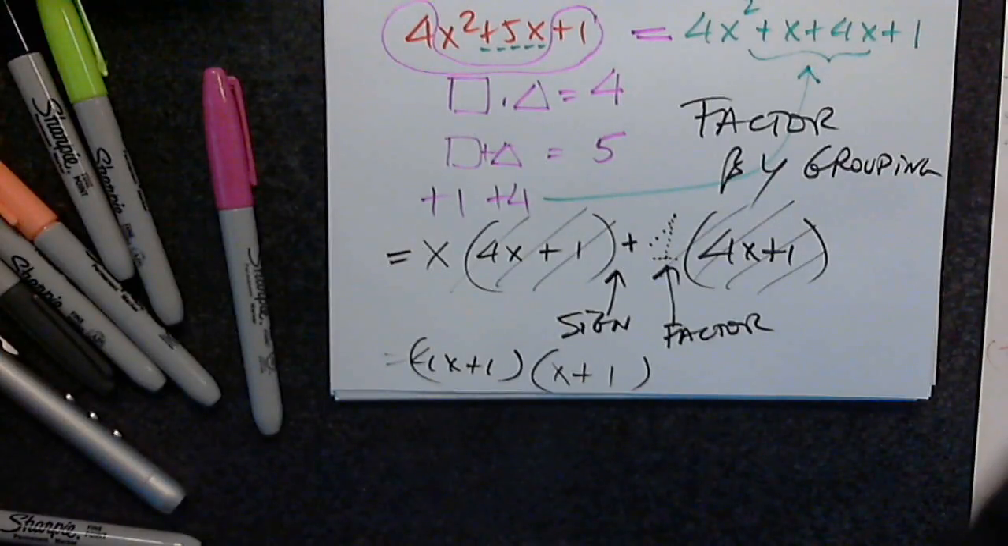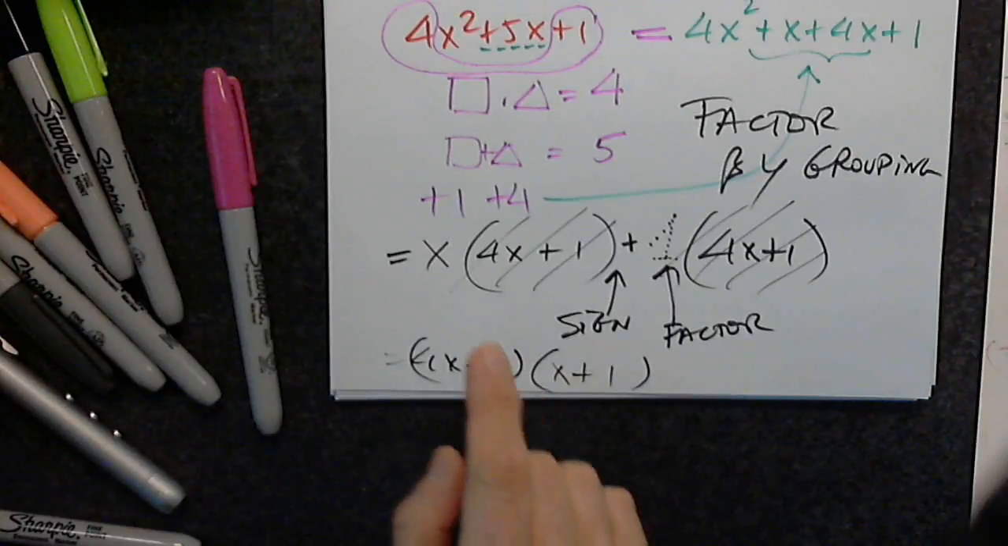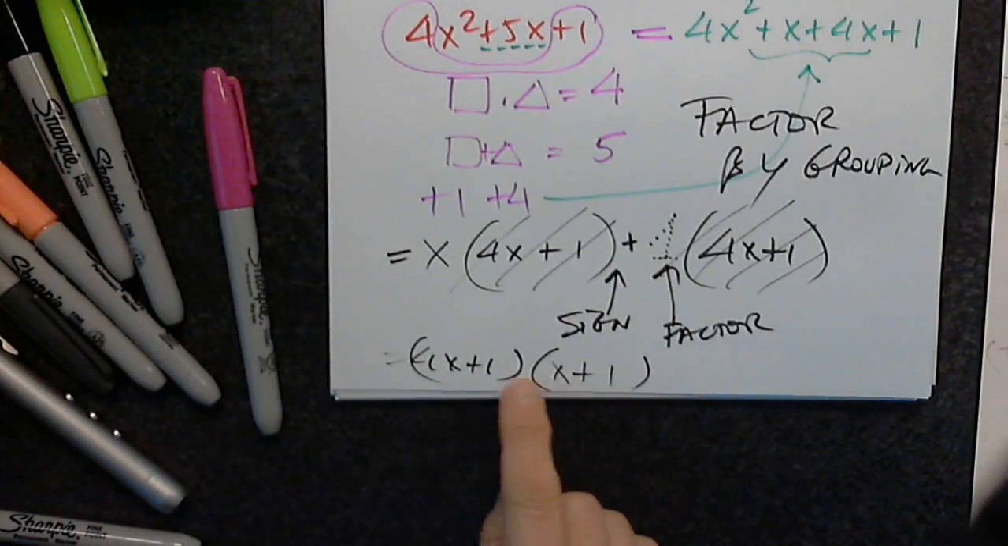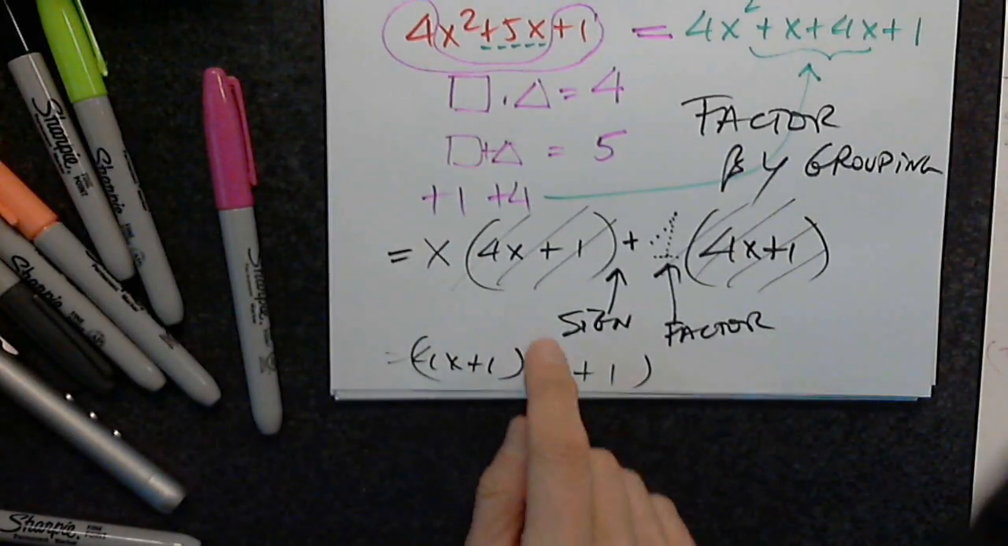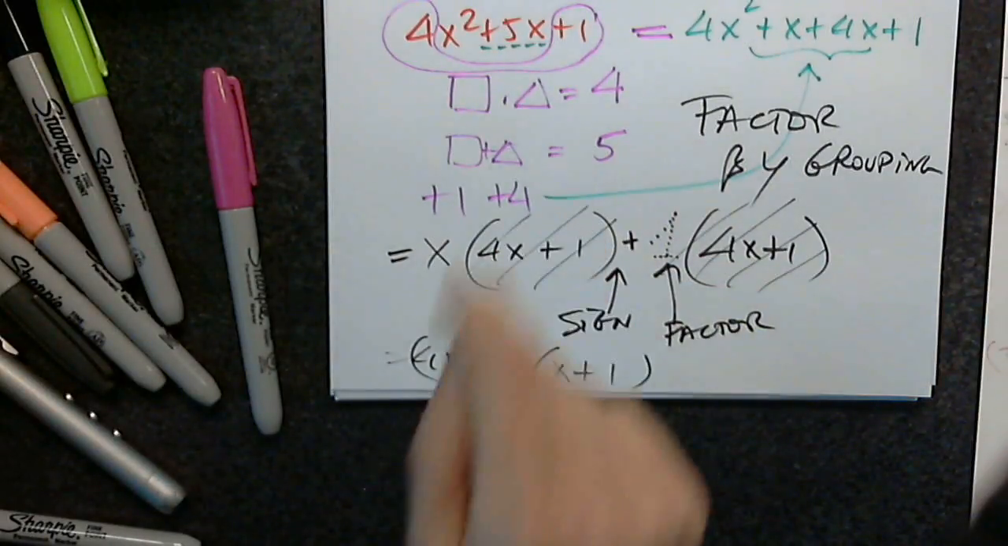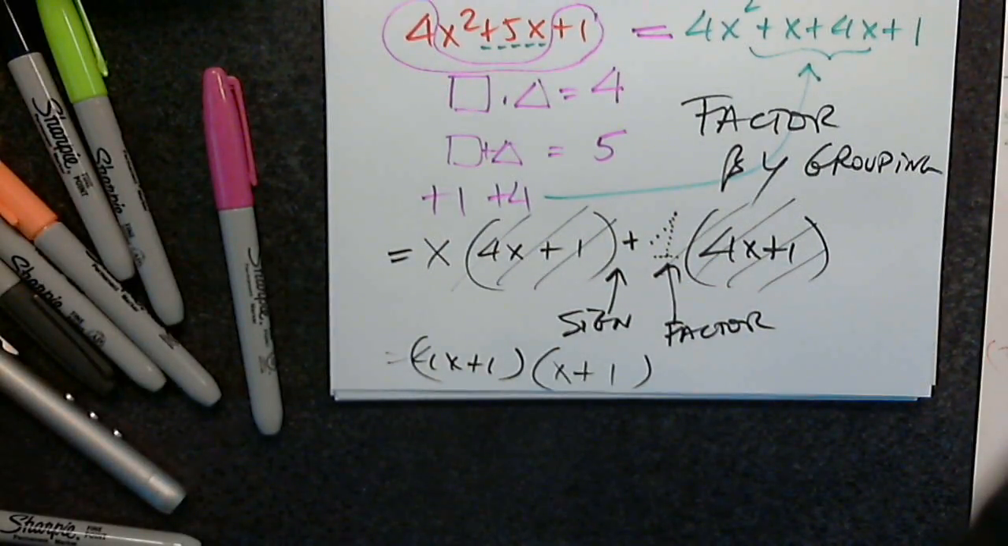Let's take a moment and check because I don't trust this. No problem. 4x times x, 4x squared. 4x times 1, 4x plus another x is 5x. 1 times 1 is 1. I do have one question. Please. And I have a feeling I know how you're going